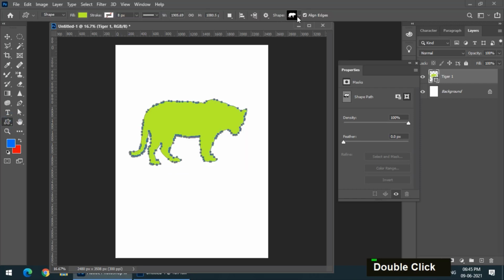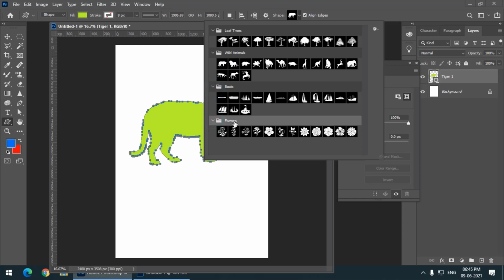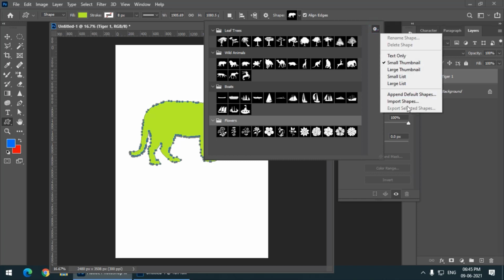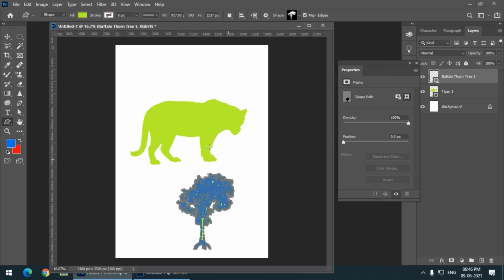We have some more animals. Then we have trees, then we have boats, and in the end we have some flowers. So we can choose these values from here, default shapes. We can create these trees.